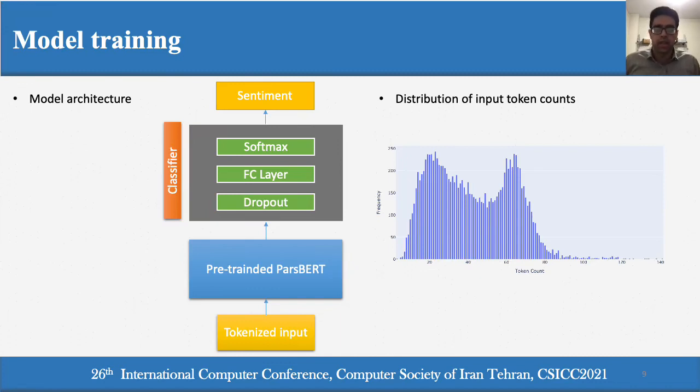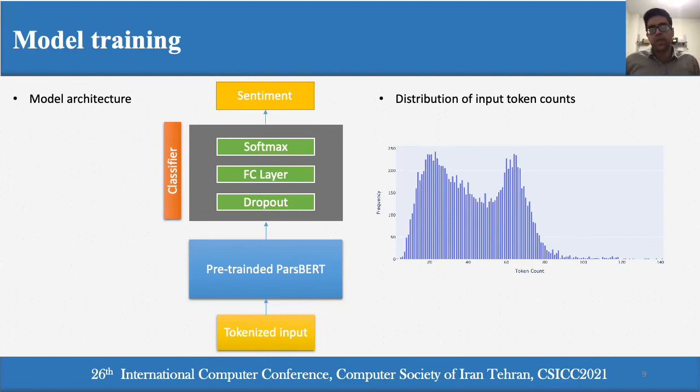The model architecture had to be modified in order to comply with the needs of sentiment analysis task. The model architecture can be seen in the left-hand side of the slide, and this was done by adding a dropout layer and a fully connected layer, and finally a softmax layer to the end of the pre-trained model. Dropout rate was chosen to be 0.1, and the fully connected layer had 3 neurons corresponding to the number of output classes. The fully connected layer classified input tweets based on the first output of stacked encoders corresponding to CLS